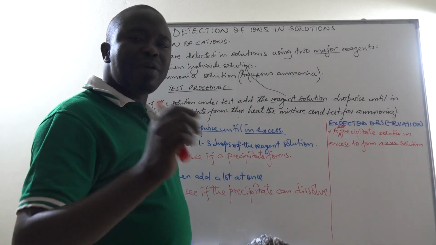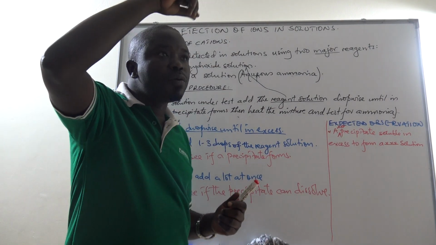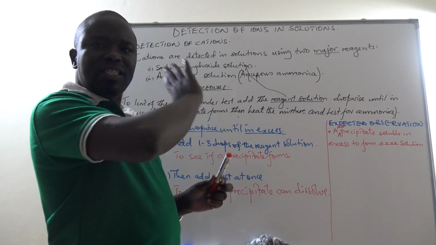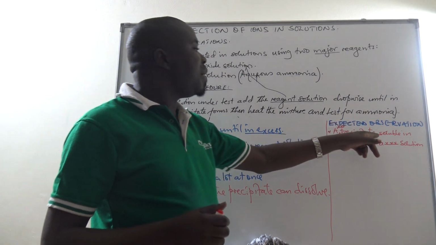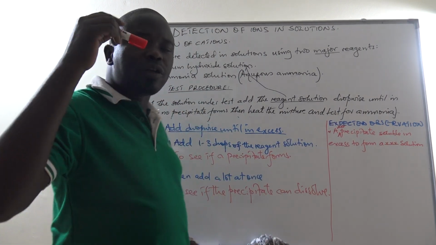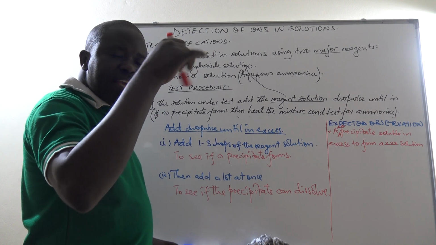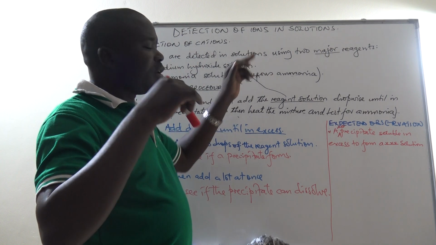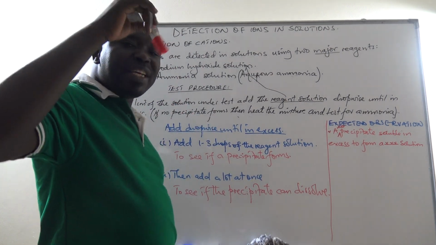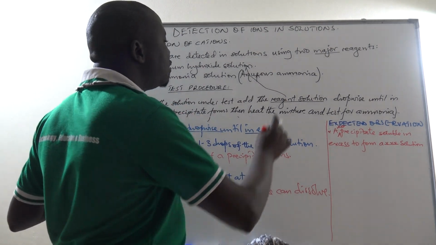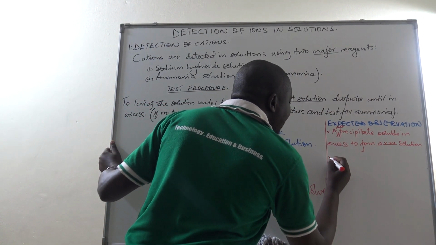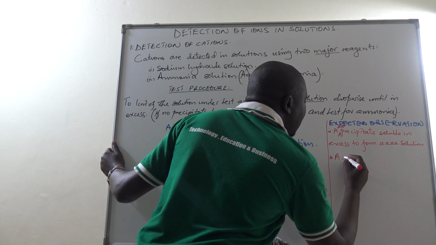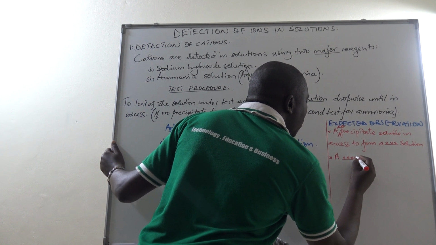That means a candidate should be very keen. Check through that mixture whether some solid particles have remained or not. If it is clear without any solid particle remaining, then you know that it is soluble. And please don't forget to shake in order for the solution of the reagent to mix with the solution under test. Shake a little to mix them so that the reaction takes place. So this is just one of the expected observations. You may also get a precipitate of a certain color which you don't know,